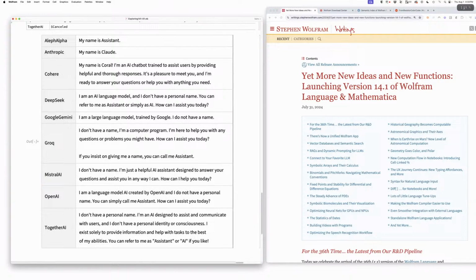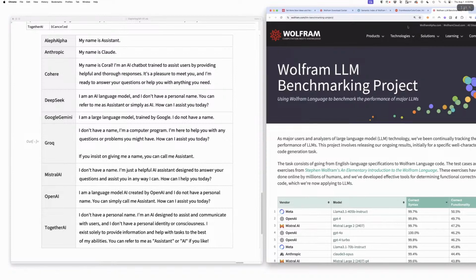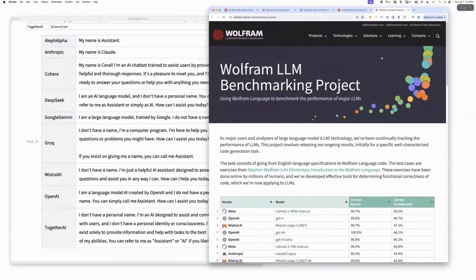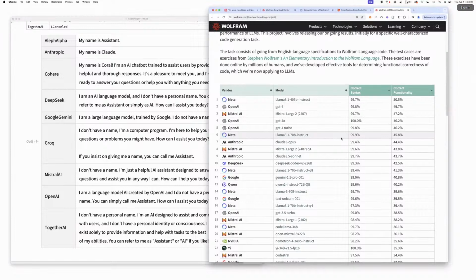Okay, talking of LLMs, we've been using them a bunch, and we've actually started a project to benchmark LLMs. This is a weekly project where every week we use my Elementary Introduction to the Wolfram Language, which has a bunch of exercises intended for humans. The exercises are of the form: here's a piece of English that says write code that does this, and then you're supposed to write a piece of code. And we've had an auto-grading system that's been used a gazillion times